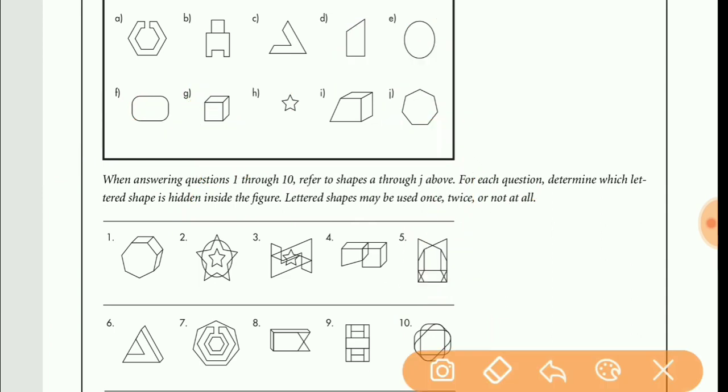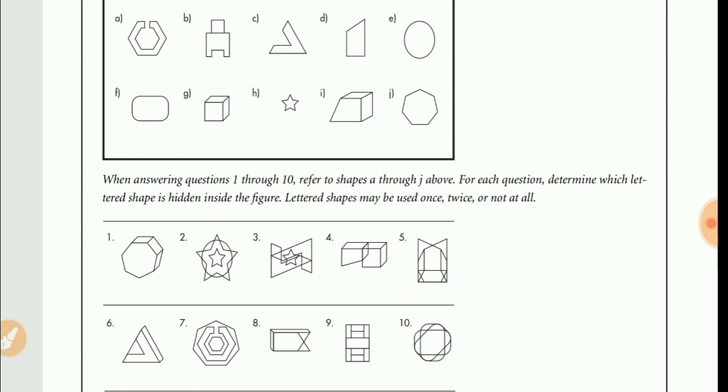Check, is there any heptagon? No, there is no formation of a heptagon. 1 2 3 4 5 6 7 8 9. There is no formation of a heptagon, so the remaining figure is I. That means this will be embedded. Check it. This, this, this. That means it is matched. Now this figure and this figure, and then you can check it. Cube. Simply see the figure.